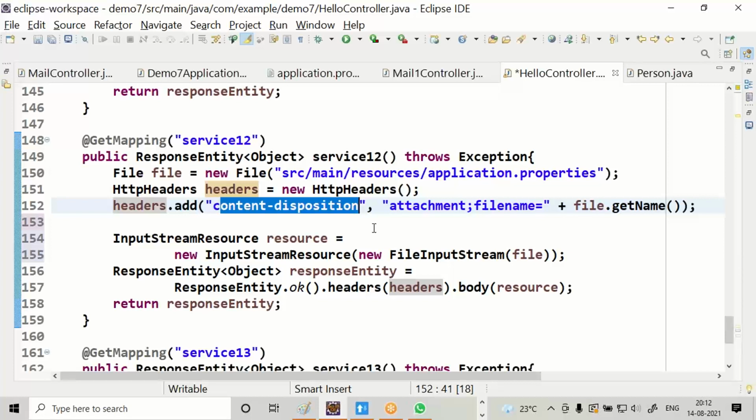That pop-up window can be provided by the browser because of content-disposition. Content-disposition is one of the response headers which is used to instruct the browser: I am sending an attachment, give a pop-up window to the customer, let him save or cancel or open.